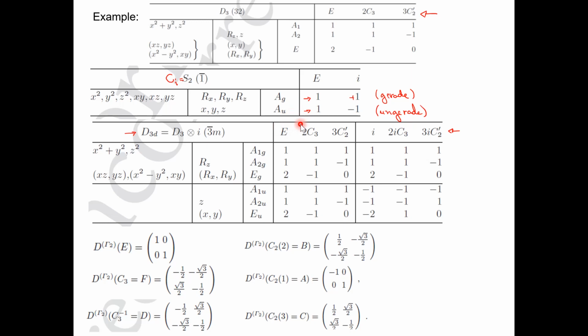Okay, so essentially that means that for the EG representation we don't change anything, and for the EU representation, you take all the symmetry operations that you combine with the inversion, and you apply a minus sign for the C3 and for the